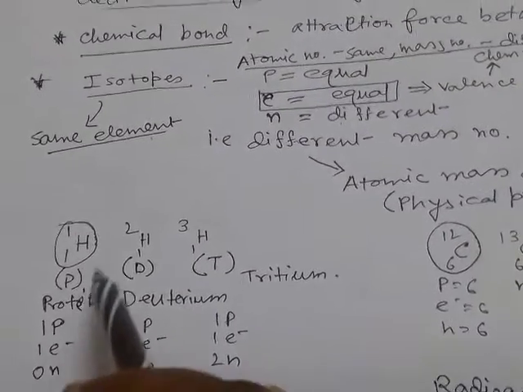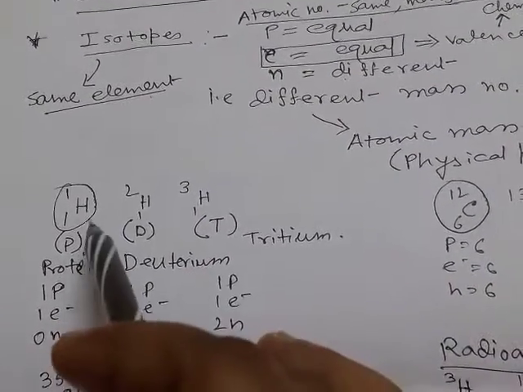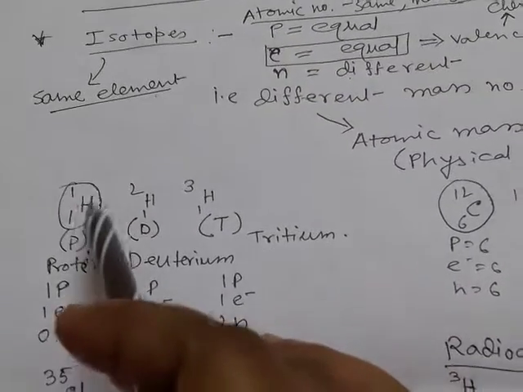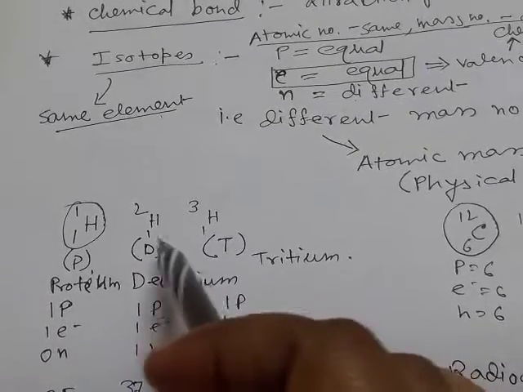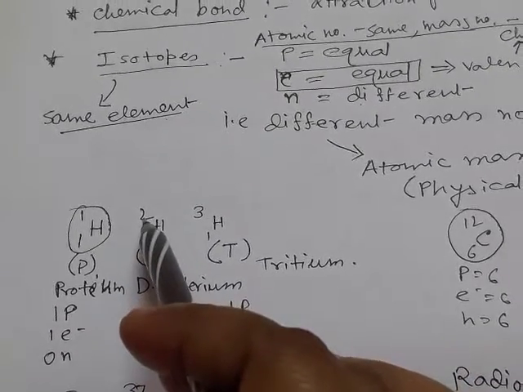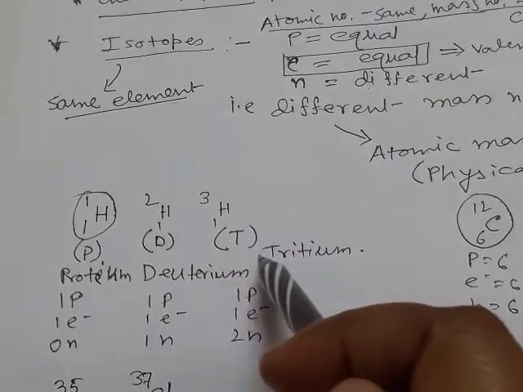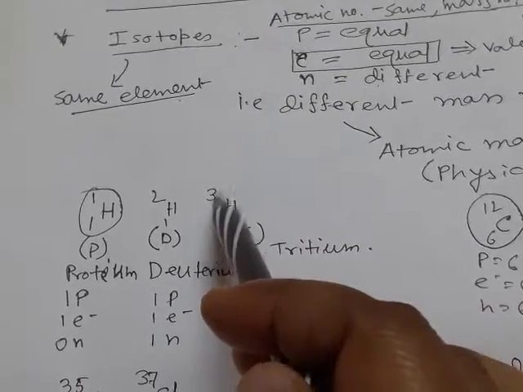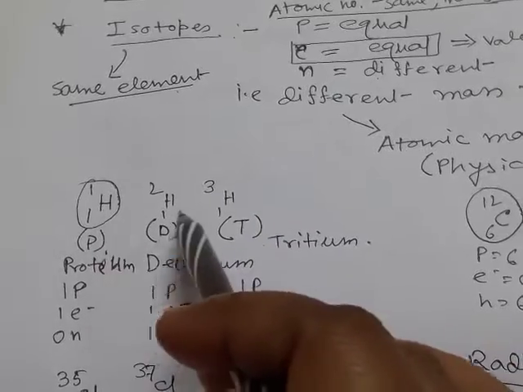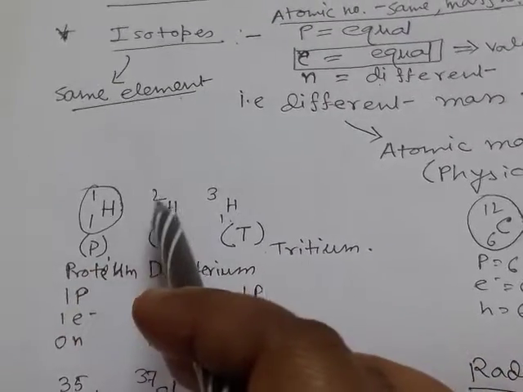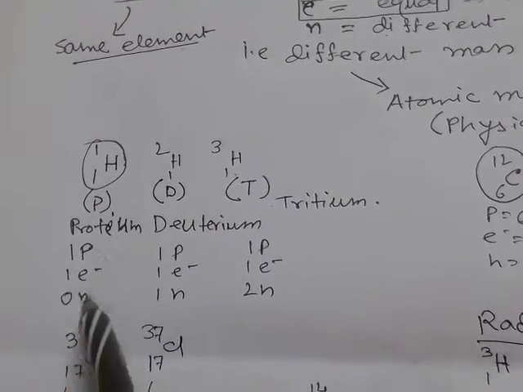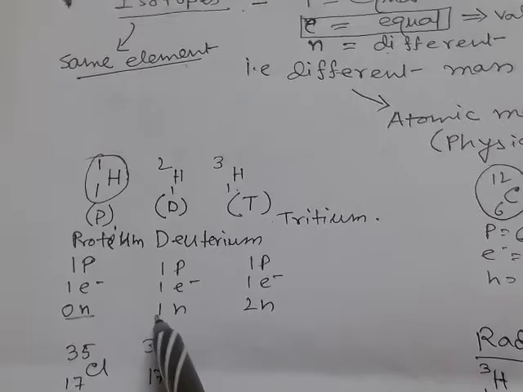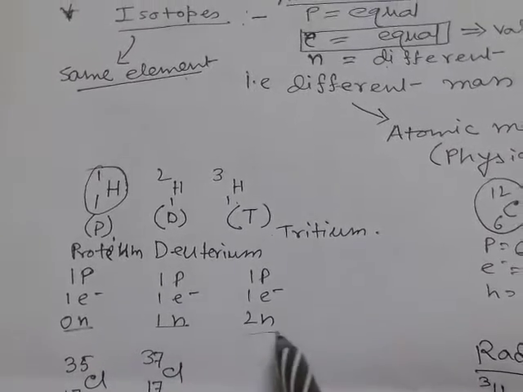For example, hydrogen has 3 isotopes. This one is called protium, with atomic number 1, mass number 1. Another one is deuterium, atomic number 1, mass number 2. Another one is tritium, atomic number 1 and mass number 3. So all of these have the same atomic number; the only difference is in their mass number, that is, the only difference is in their neutron number. For protium, neutron 0, for deuterium neutron 1, for tritium there are 2 neutrons, and for them